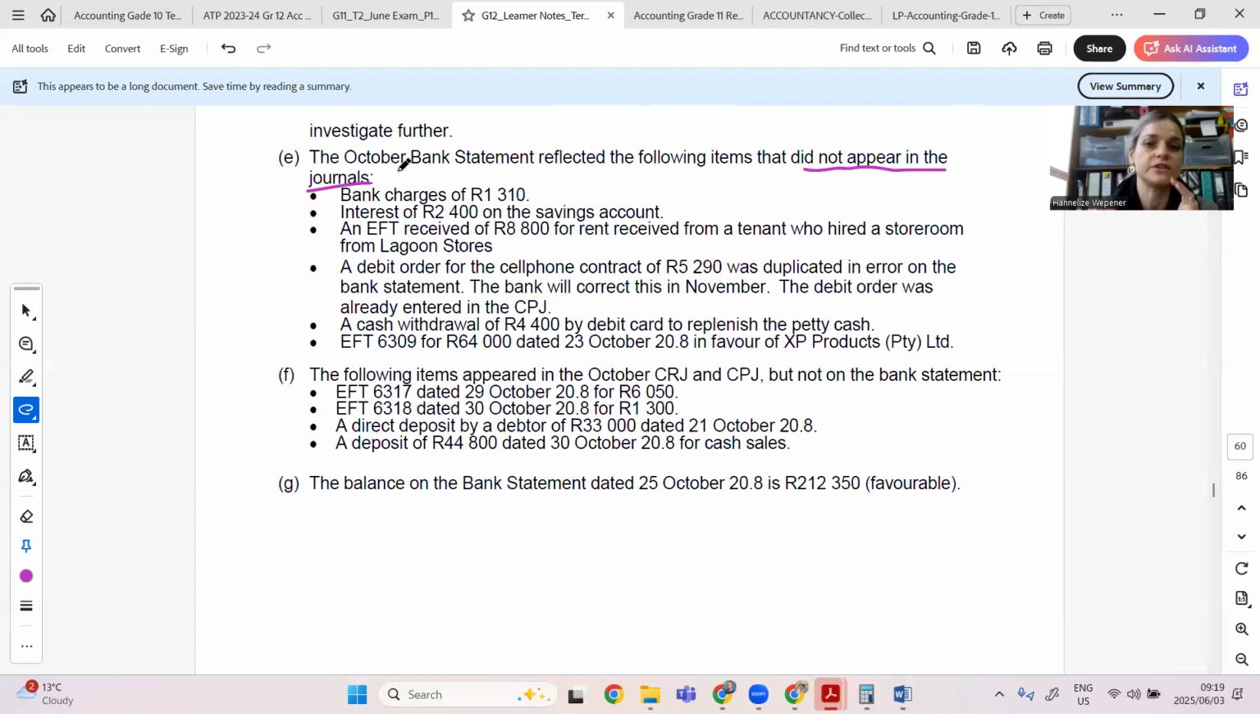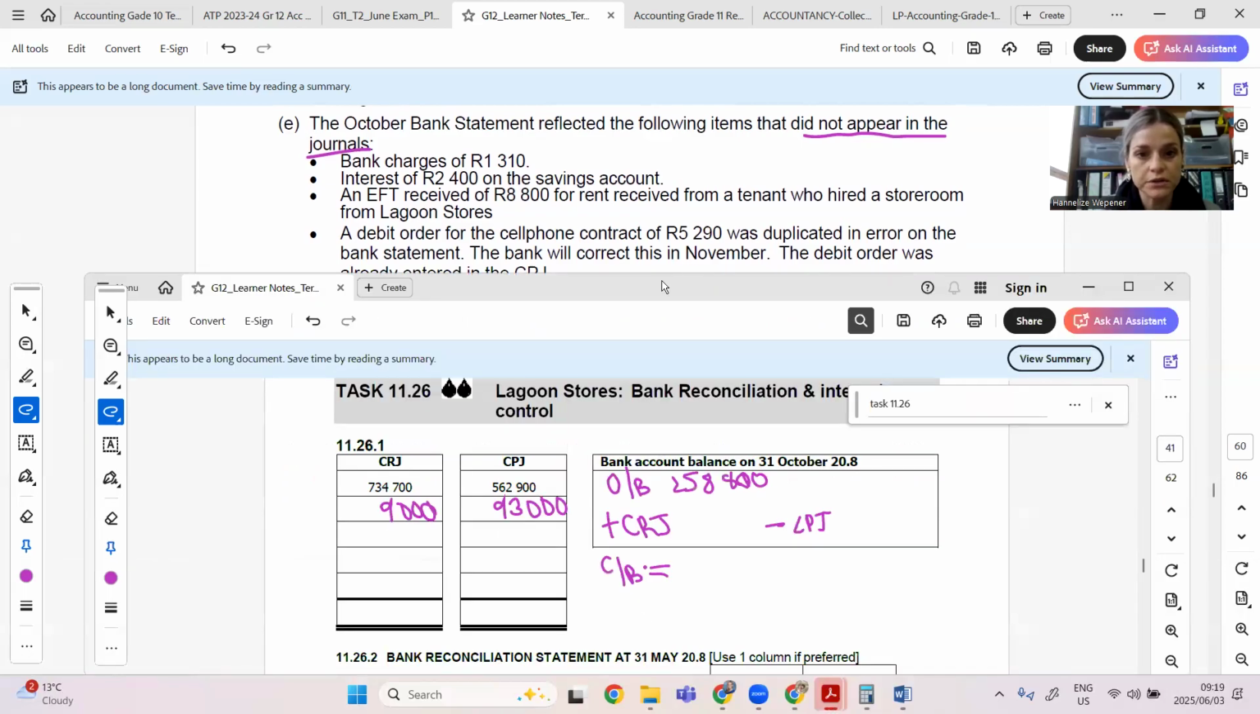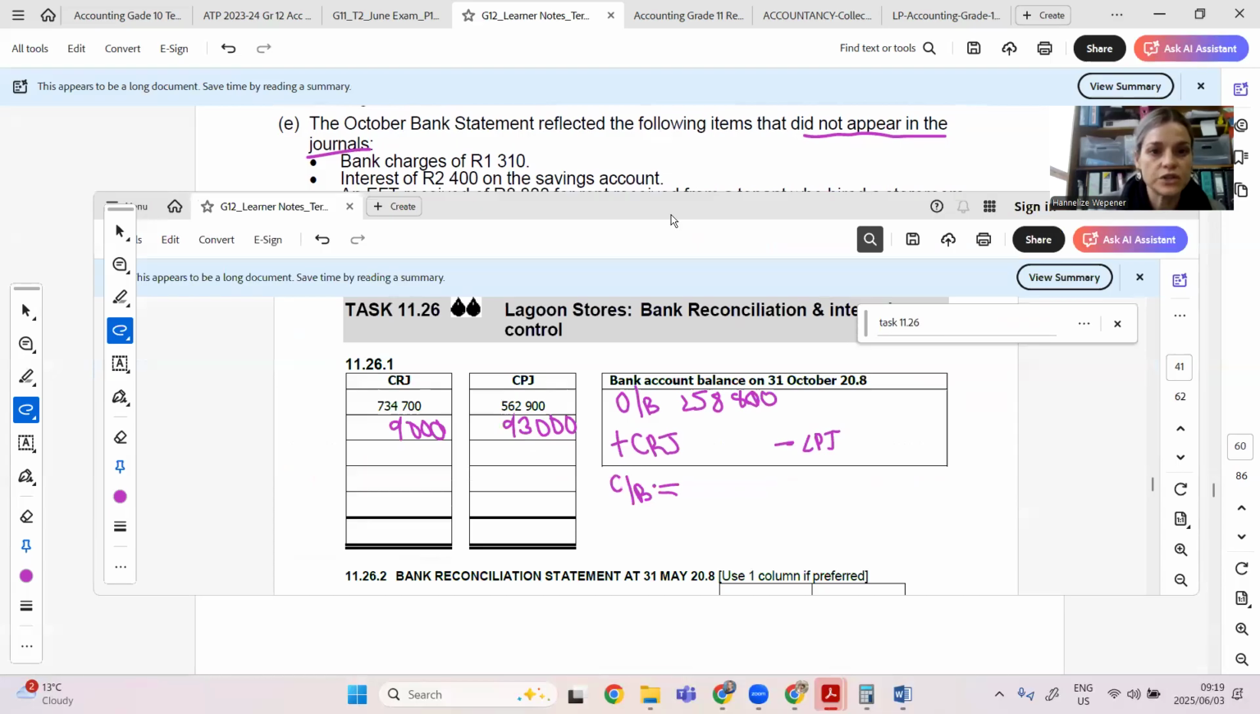You definitely received amounts, but you haven't yet recorded those. So unless they tell you you made a mistake, you are just going to go to your books and you are going to record the transactions. So first of all, you had